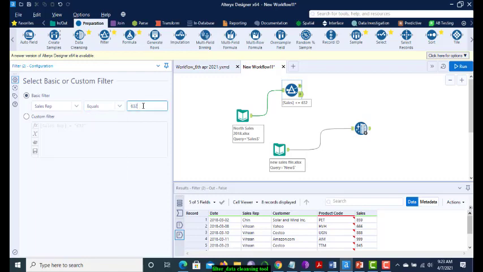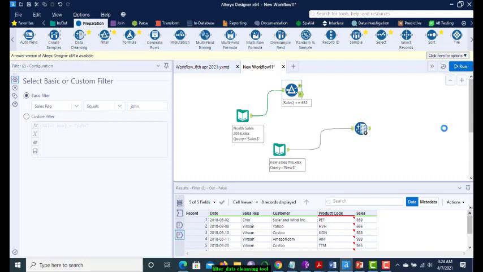Here I'm just writing John. Normally when applying a function on a string you write it in quotes, single or double, but in the basic filter it's not necessary. You can write simple string text and it will still search for it.